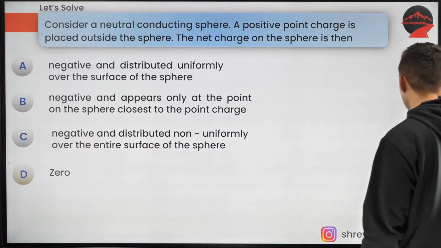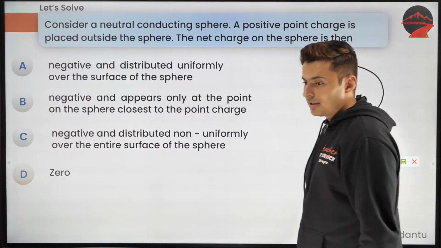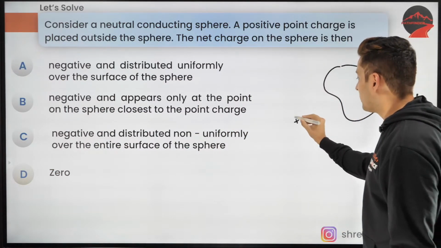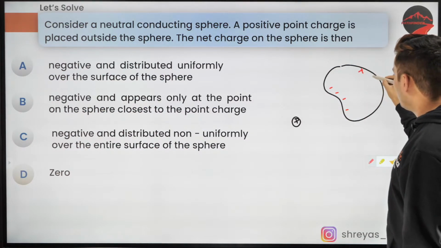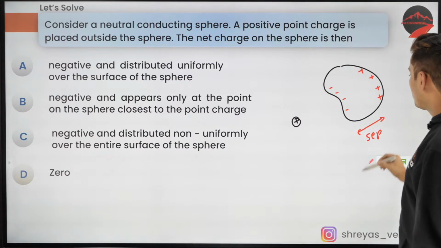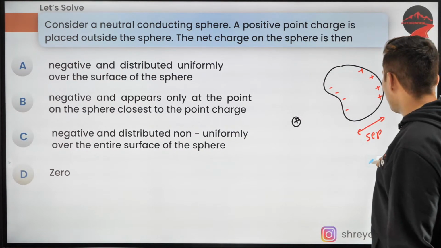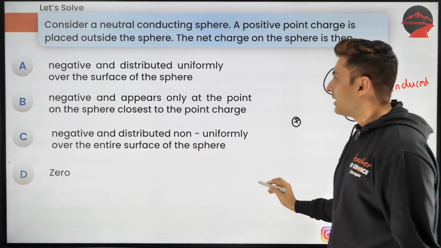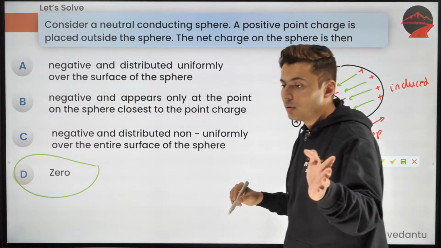Okay, so guys, think about this. What is the answer? First of all, consider a neutral conducting sphere. Some of you are saying D, some of you are saying B, some of you are saying 0. If you have a positive charge here, then you will see negatives getting accumulated here and an equal amount of positives getting accumulated here. So you are seeing separation of charges. These are basically induced charges, and whatever electrons have come, they have ditched some protons only and come. The total charge is still 0, because if you count the negatives and count the positives, it is still going to be the same.